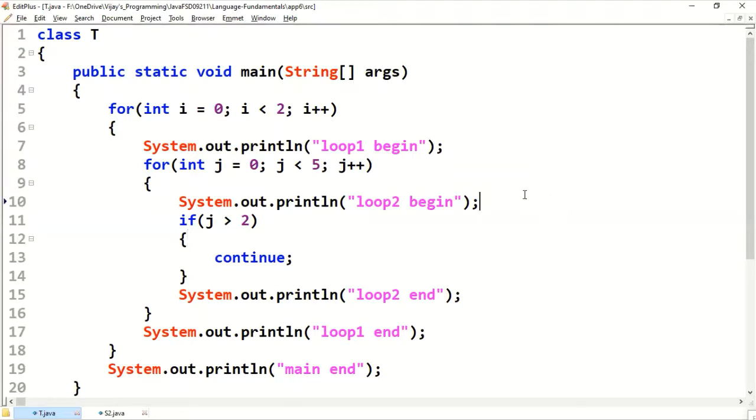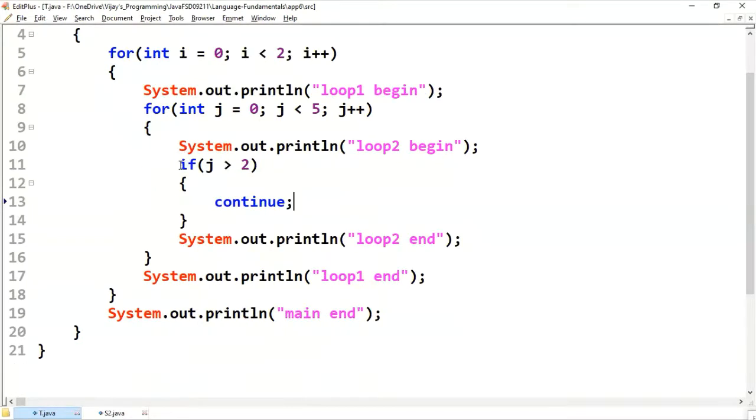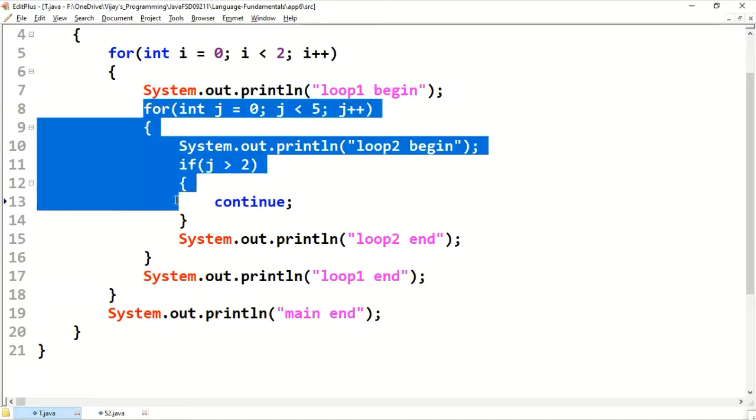I showed you how the inner for loop works, and we have seen how continue works. Now, which loop will be skipping to the next iteration? That is the inner for loop.